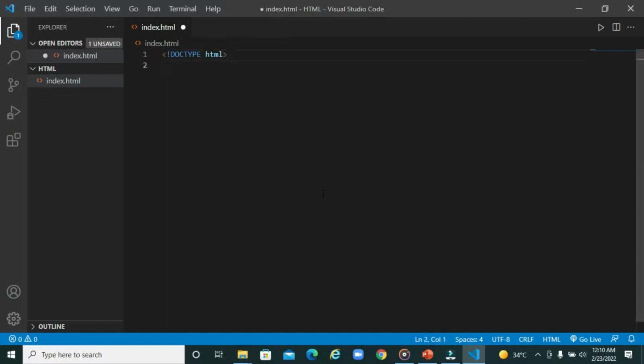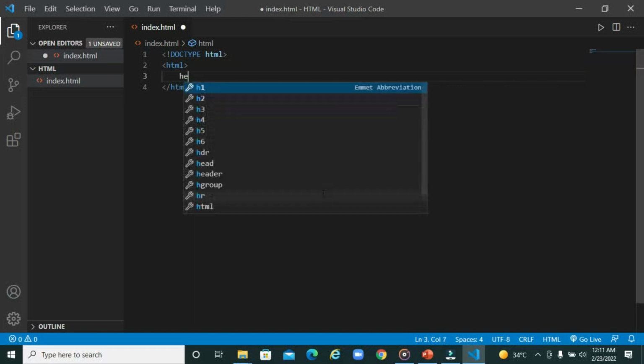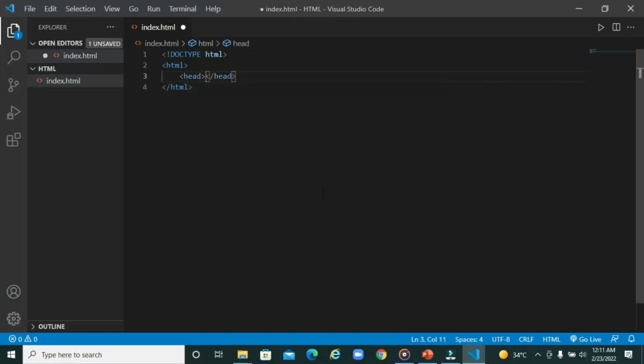The next thing to do is to use the HTML element. I'll type HTML and then I press tab. So this is the first element to type when you're working with an HTML document. And the next thing for me to do now is to type in my head and my body. So HTML uses head and body. The head just gives information to the browser, while the body actually displays the content of the web page. So I'm going to type my head, I press tab, and then I come down, I'll type in my body,